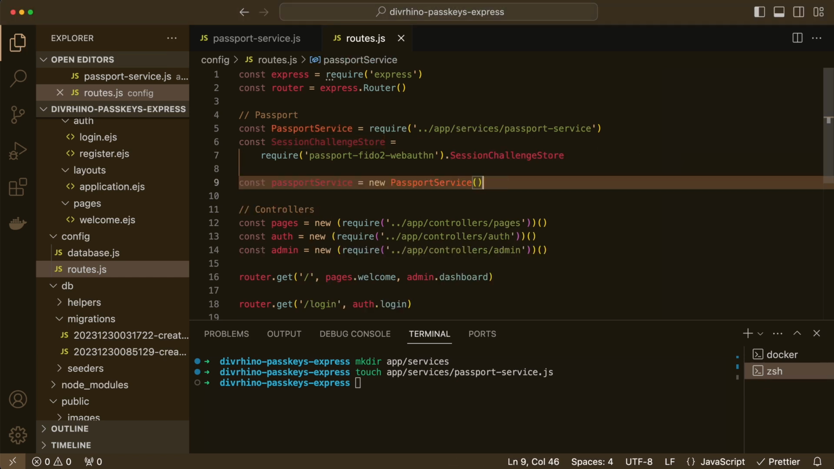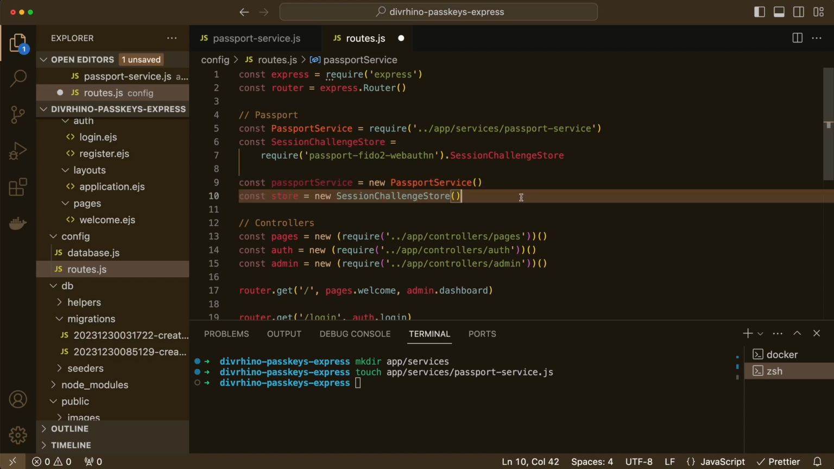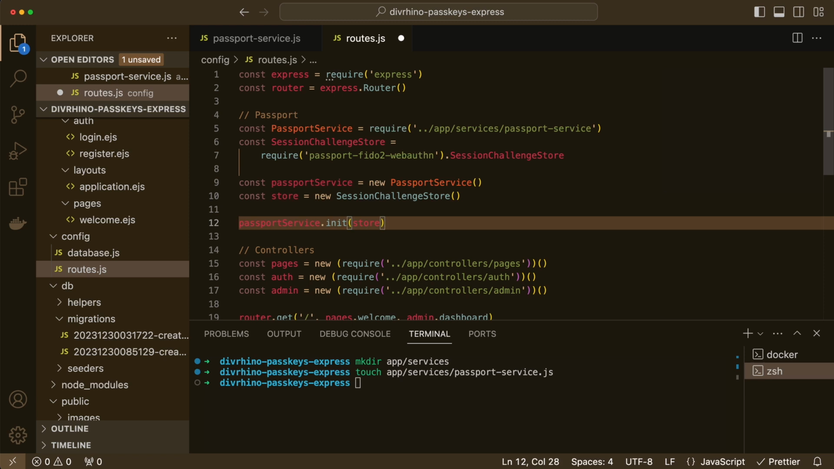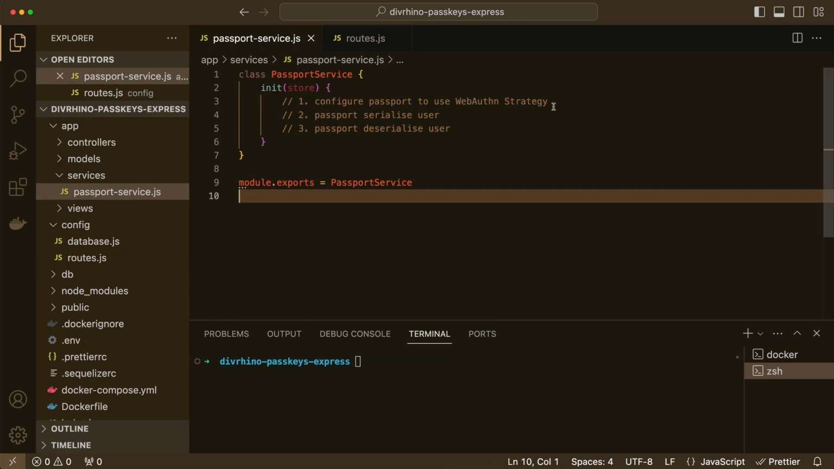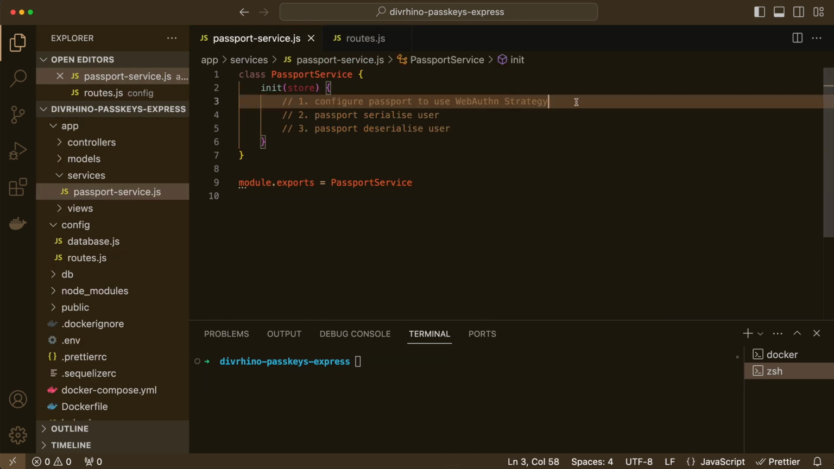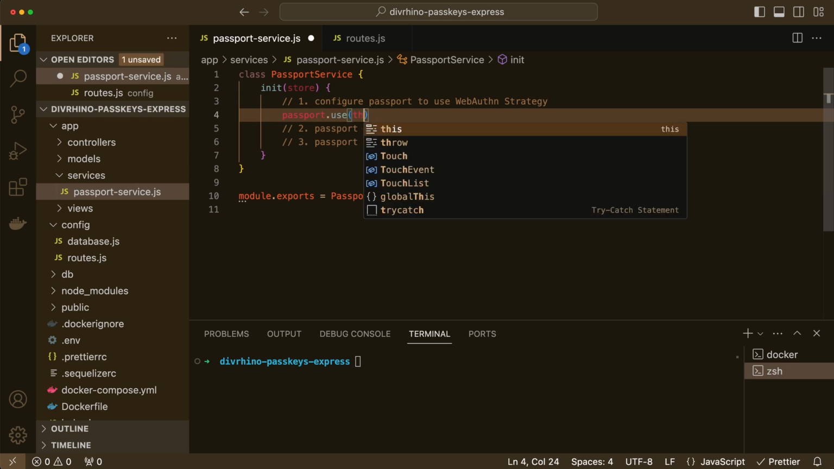Then we can create a new instance of the Passport service and a new instance of the session challenge store. Then we can initialize the Passport service instance and pass the challenge store to it. Back in our Passport service file, the first thing we need to do is configure Passport to use the WebAuthn